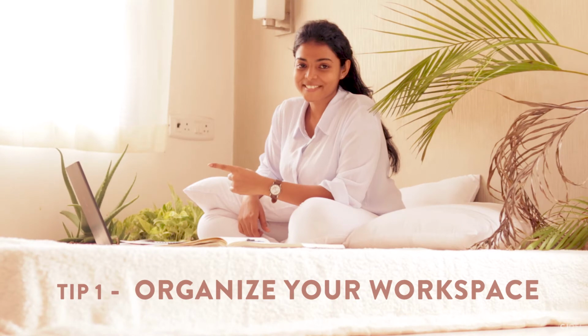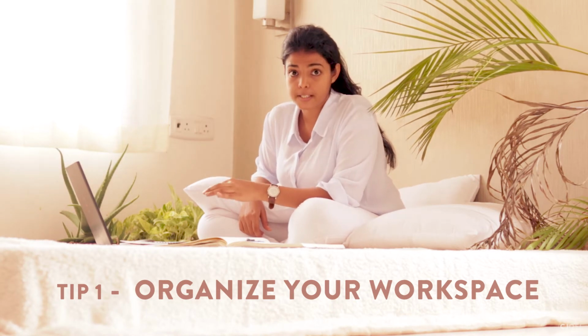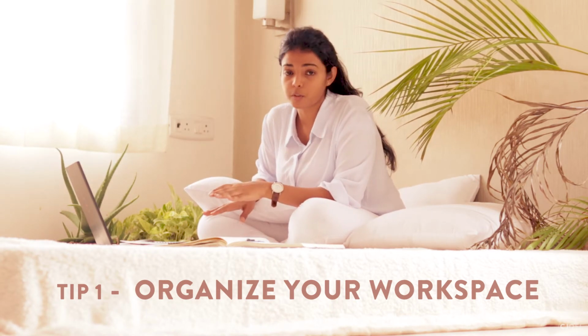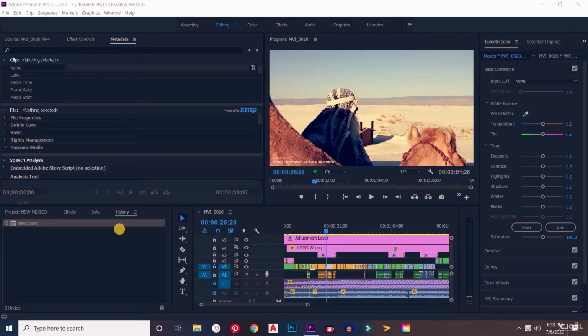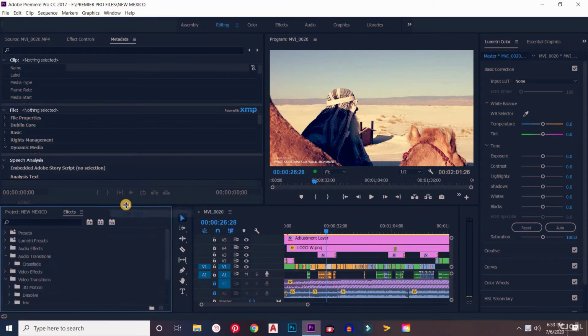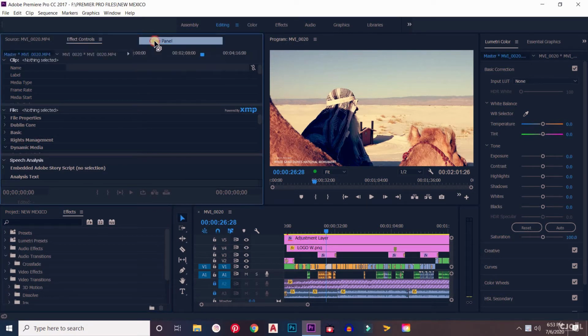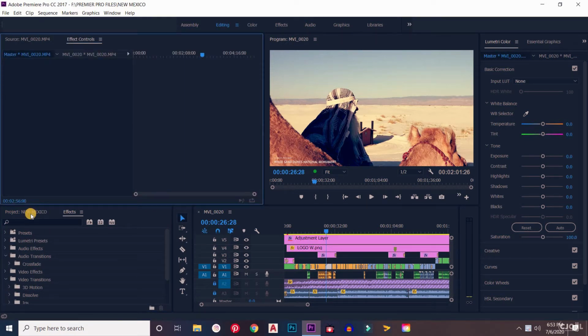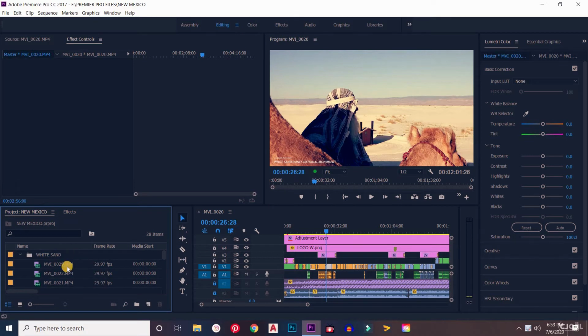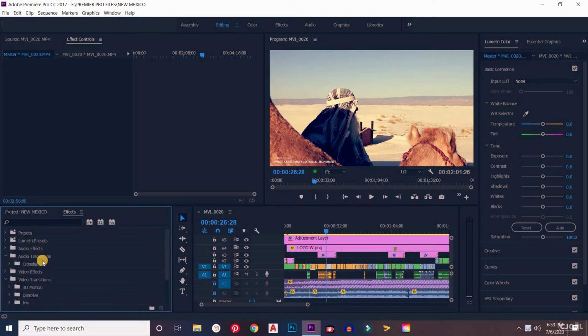Tip number 1, organize your workspace. Have only what you need. I'll tell you why. First, I start by closing all the windows that I never use. The windows that I use for almost every project are the Project tab to import videos, the Effects tab to pick the preset transitions,